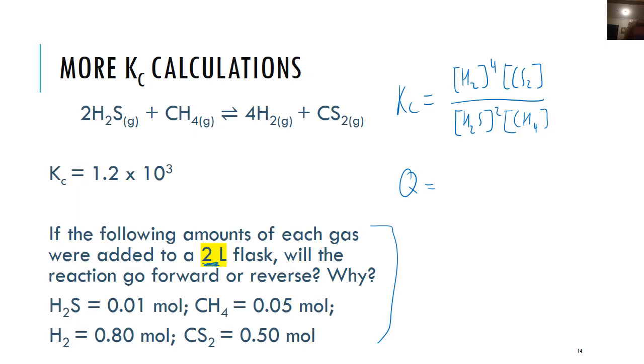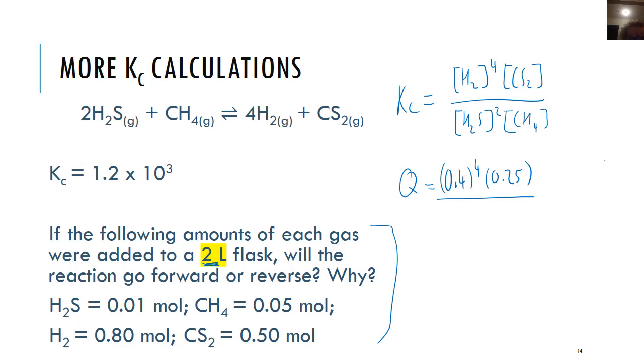So if I want to get the concentration, it's moles divided by litres. So I'm going to divide these by half, or by 2, to get the new concentration. So I'll do that at the same time. So 0.8 moles in 2 litres is 0.4, to the power of 4, multiplied by CS2, which is now 0.25,